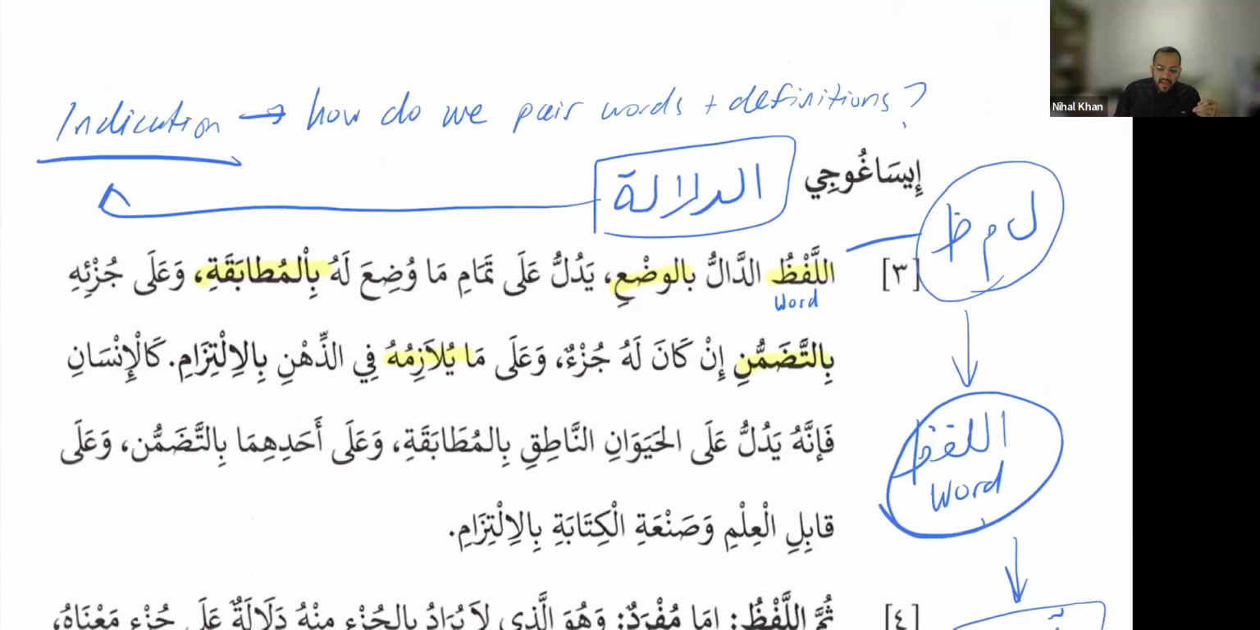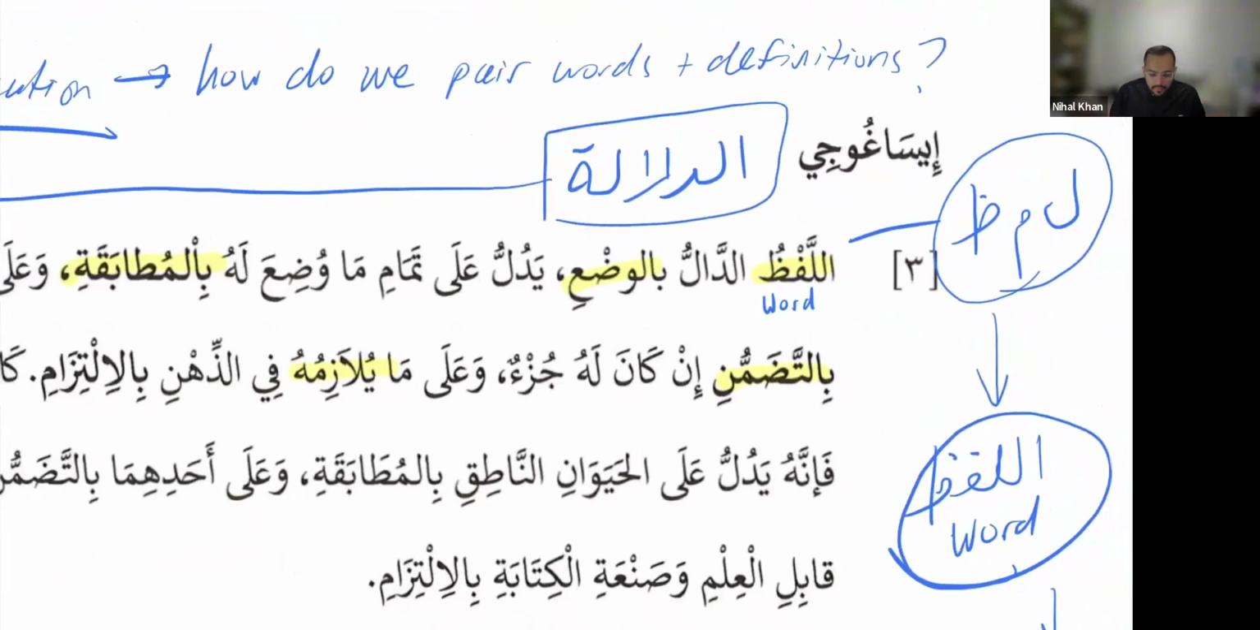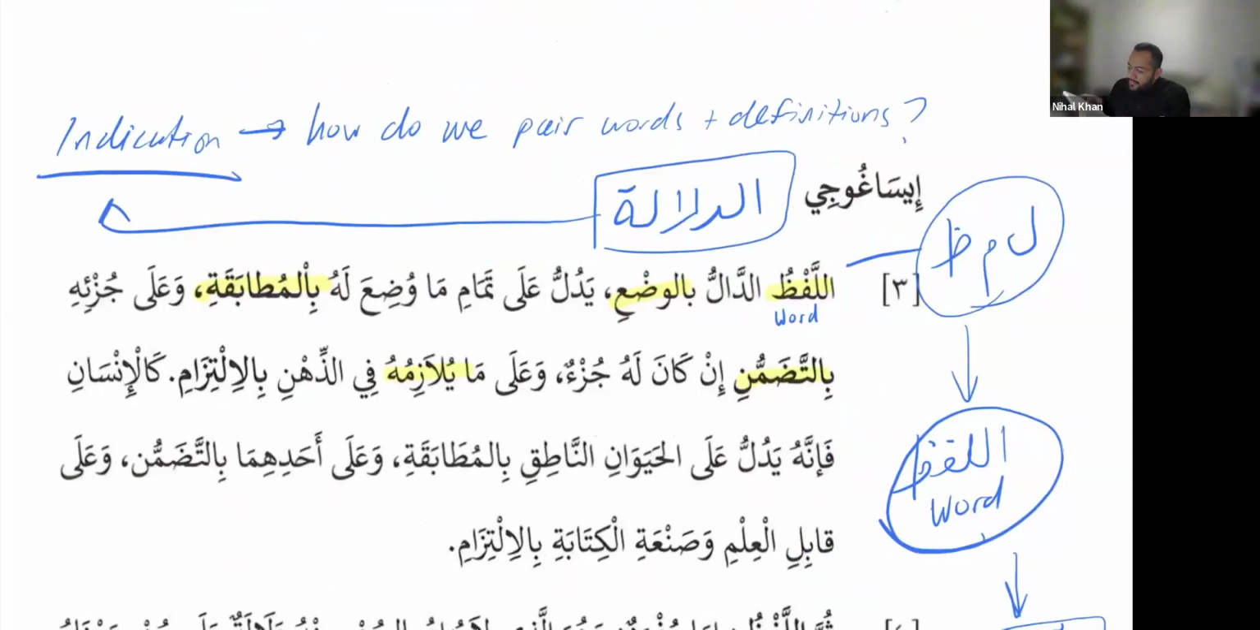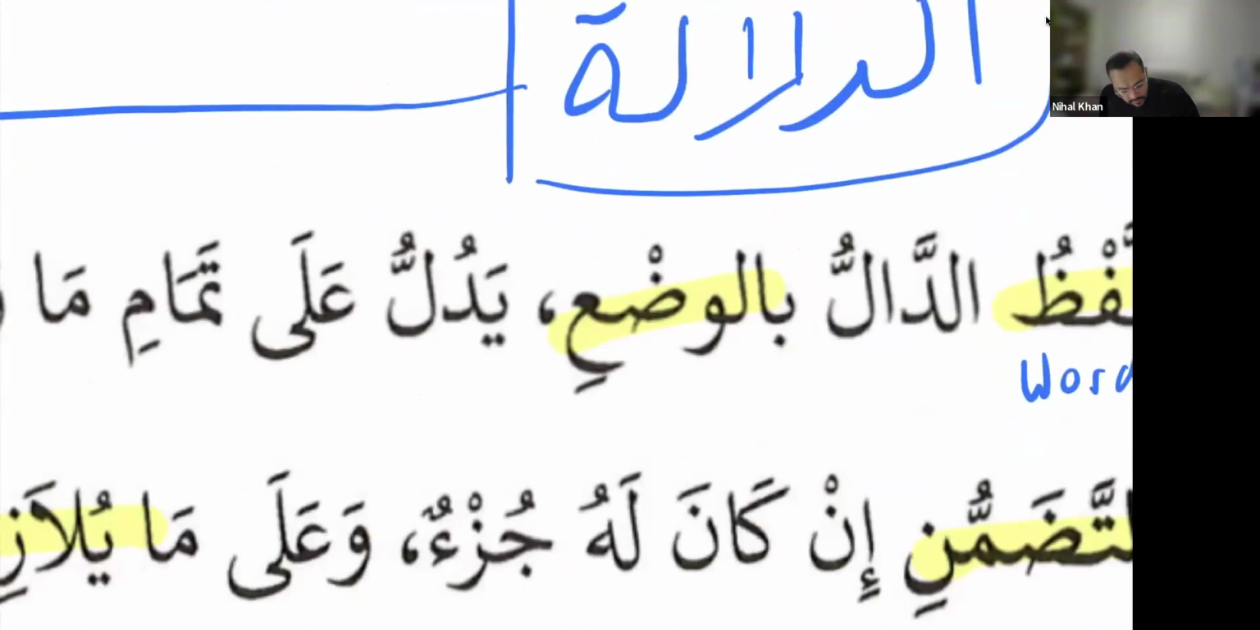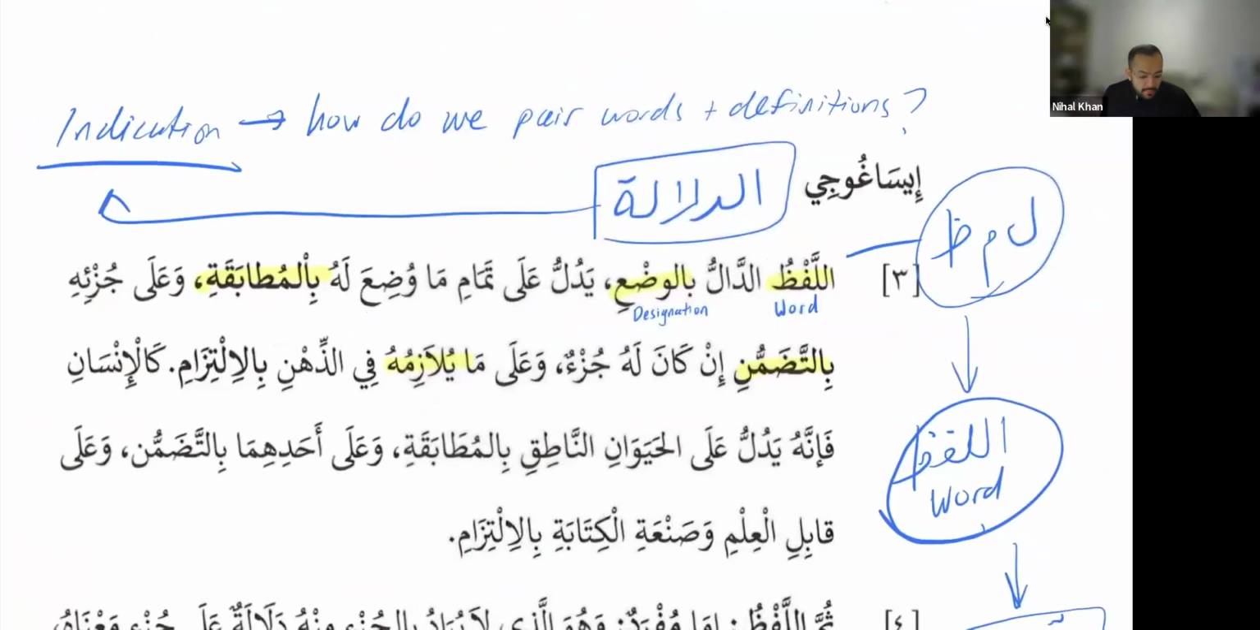So al-lafz ad-dal bil-wada', right? So here, if you were to look at the English, what's he saying? And I would say have the book open in front of you, separate from this PDF, because it'd just be easier to follow along. Wada is the science of designation, right? Designation. Yadullu ala, it points to. Well, the first thing here is tamam, and the second thing here is juz, okay? So dalala, right? Indication. What does a designated word point to? Either the complete meaning of something or a partial meaning of something, okay? And this is where I want to stop for a second